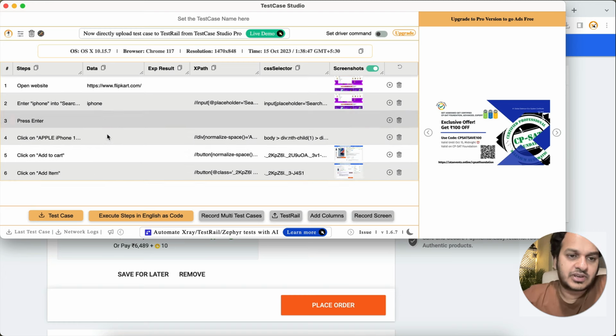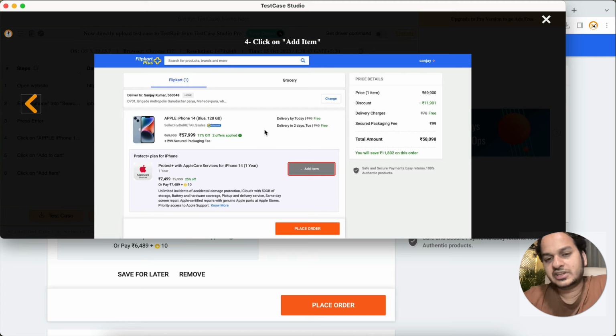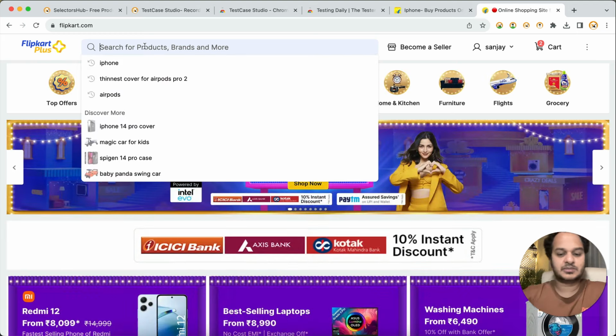In fact, let me show you. Here you see that this is the screenshot we got, but let's say after three days or two days, even today, if the developer asks us at what time this screenshot was taken, when this issue happened, at exactly that time, you get that in the Pro version. In the Pro version you will get the timestamp on the screenshot as well. Let me show you how. So here you see the Pro version. Let me just open it, and now let's say we are on this website and testing the same thing,